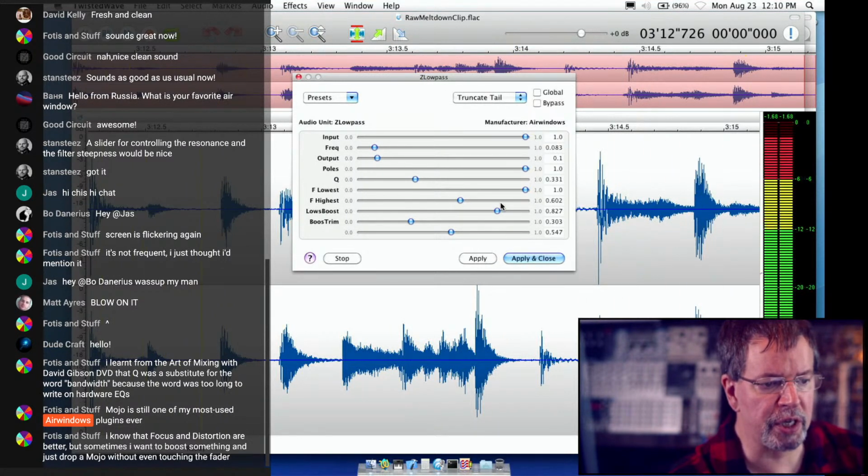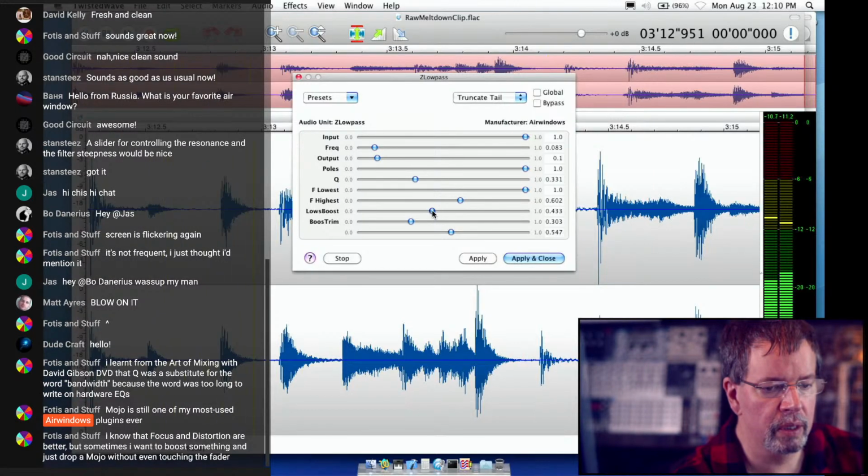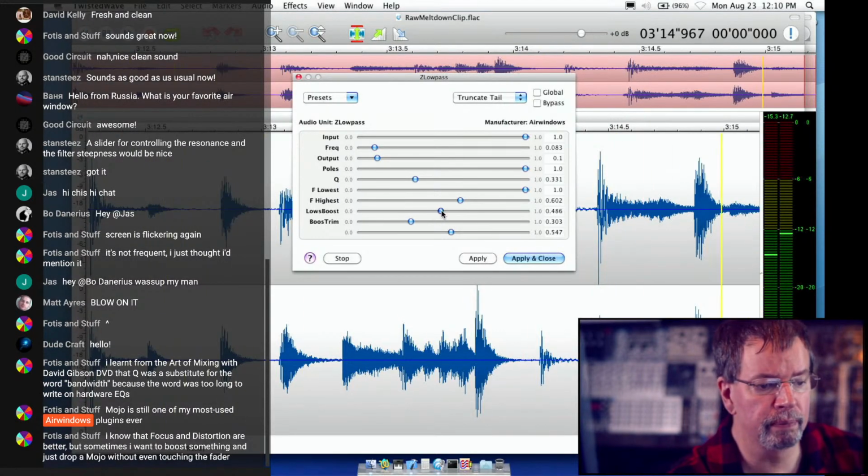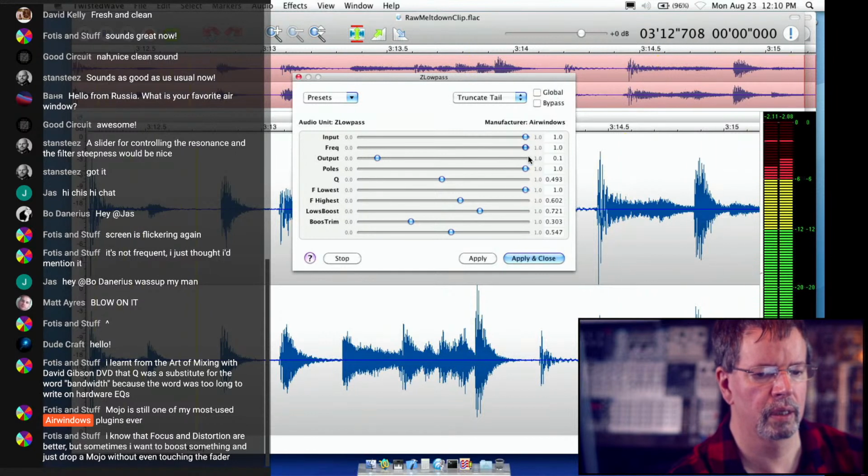And then that's much louder, so we don't need as much of this boost. See how we can make it go quieter and louder? There's our full brightness